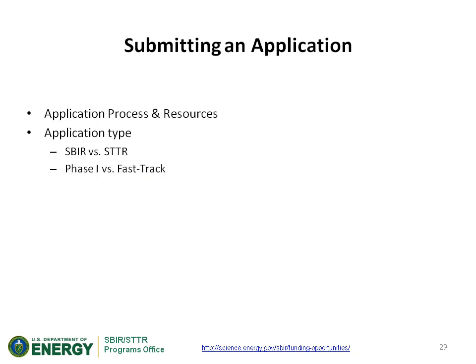Okay, so once you're done with the letter of intent, the next stage is submitting your application. I want to talk a little bit about the application process, what things you need to do. And then I'll finally get into details of the different types of application, SBIR versus STTR, and a regular phase 1 versus a FastTrack application.